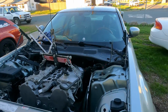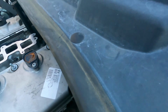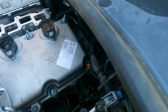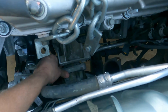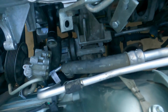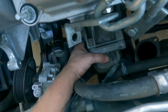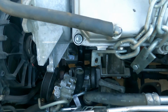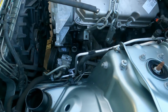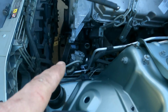All right, it is mated to the transmission. I've got just the four top bolts in right now. I don't even have the motor mounts in yet. They're both floating just like that. So I'll lower it down, well, I don't have to lower it down. I can just do that, and one stud's still in the frame. So I'll get those on, and then we'll lower it down into place, get the starter in, AC, power steering,